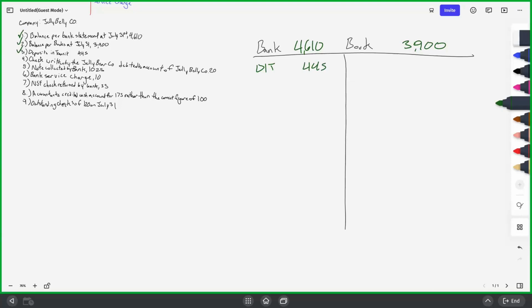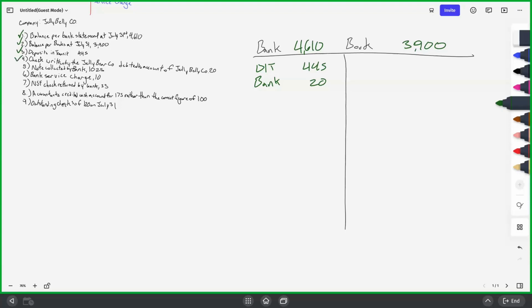Check written by Jelly Belly Co. for $20. Sorry, wrong account. So whose error is that? The bank. Do we add or subtract that in? Add. Yep. The trick with the bank errors is that you have to figure out what they mean by debited, because does debit mean the same for us as it does for the bank? No. Basically, they're looking at a debit and credit through their eyes. So if they're debiting, they're taking money out of our account and putting it in theirs.